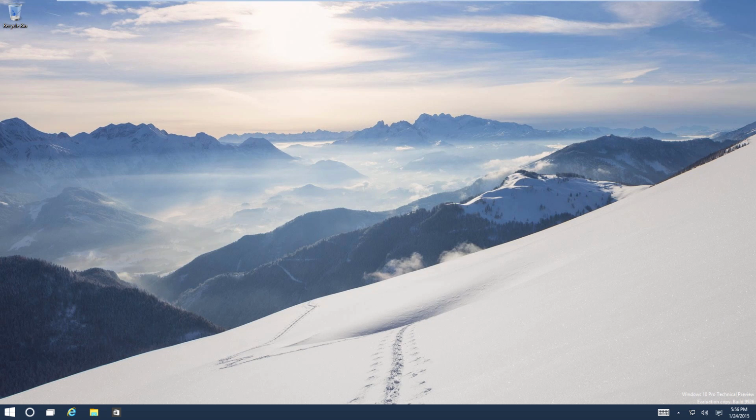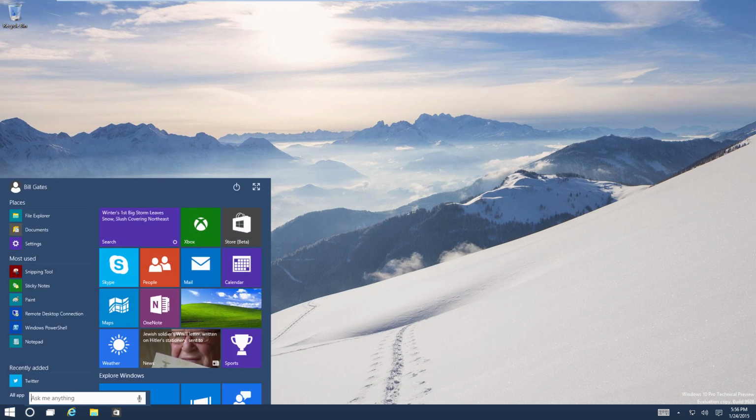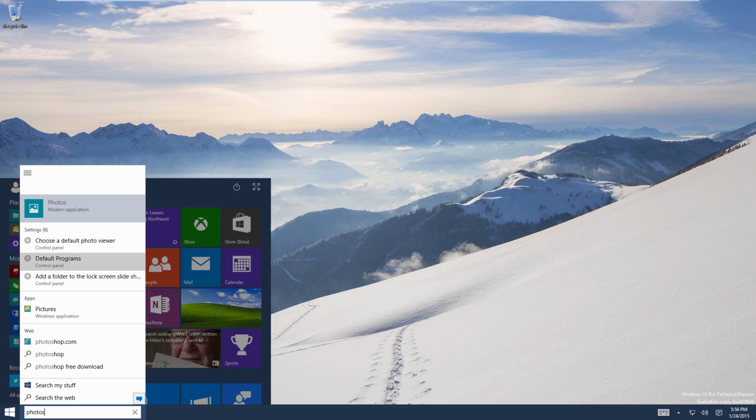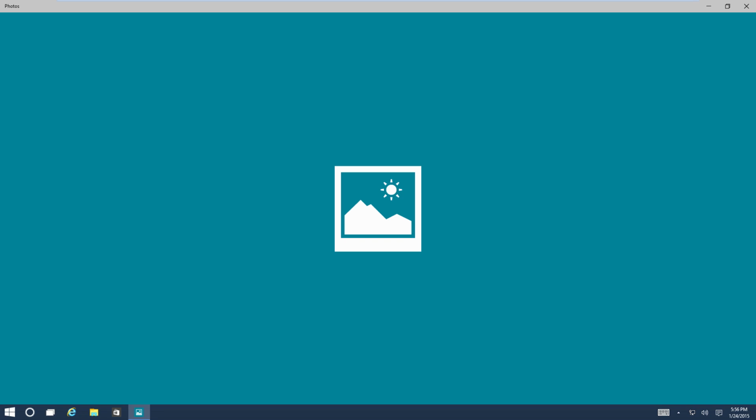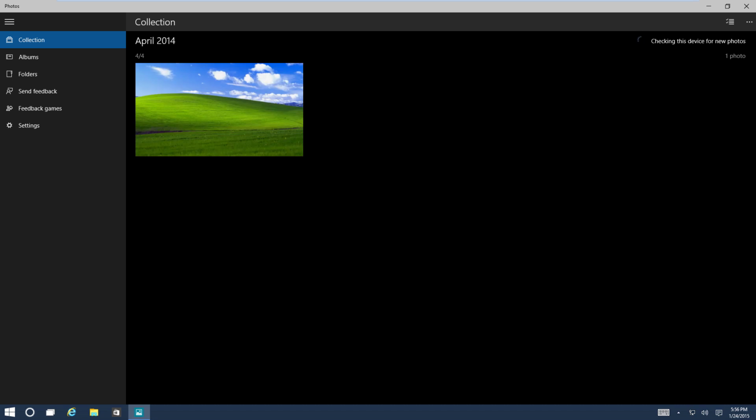We also have 2 new apps. We have a Photos app and a Maps app. I tried to open up the Maps app earlier, if you remember, but it didn't work, and I'm not really sure why it's not working, but the Photos app does work. So I can just go in here. I can use Cortana to search for photos, and you can see we have it right here. This is it, the Photos modern application, and I think this was in build 9901, and I didn't really get to demo it because I think there were a lot of things that didn't work properly,